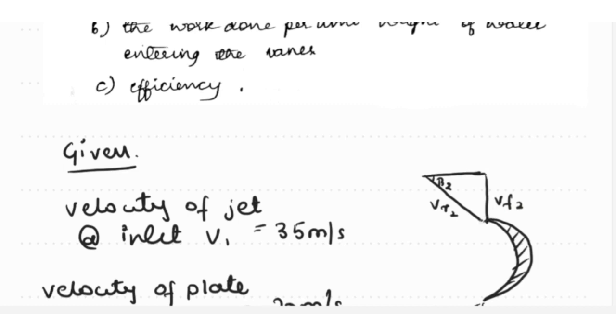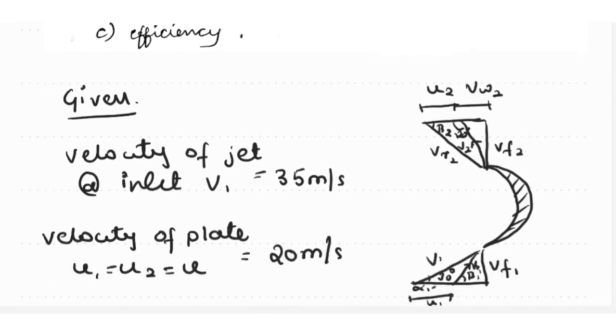In the question it is given that the jet leaves the vane making an angle of 120 degrees. If I draw towards this side, it will make an angle of 60 degrees. So we should draw towards this side so that v2 makes an angle of 120 degrees. You can see this angle is given in the direction. So this is 120, and this will be v2. From vr2 to v2 this will be u2, and from v2 to vf2 it is vw2. So this is how the velocity triangle looks.